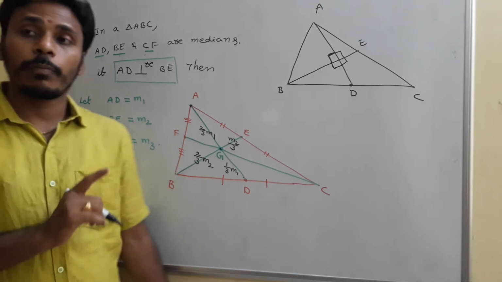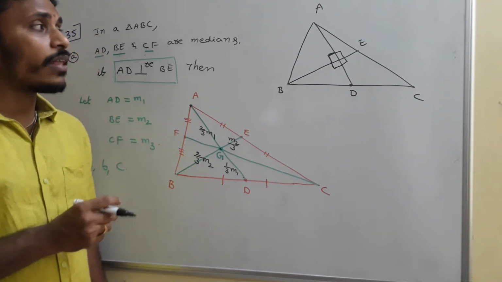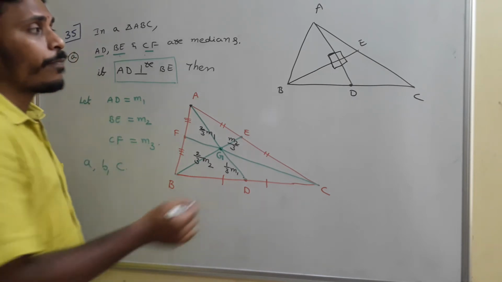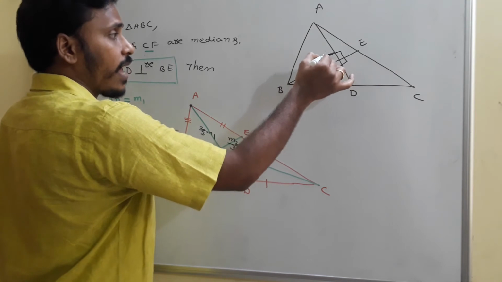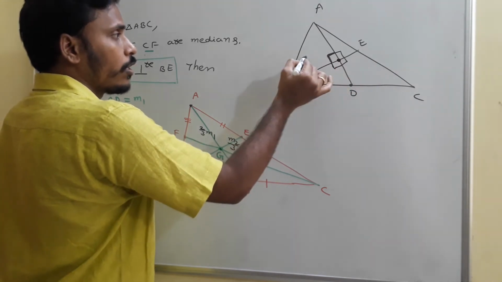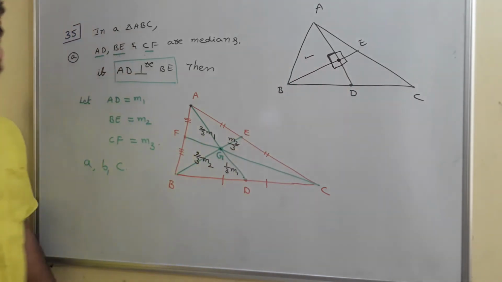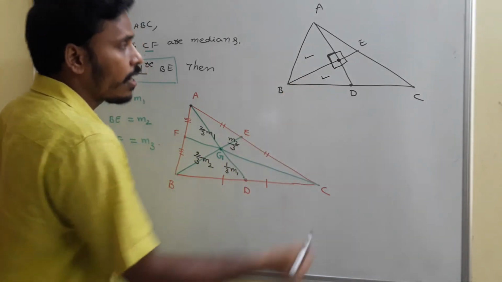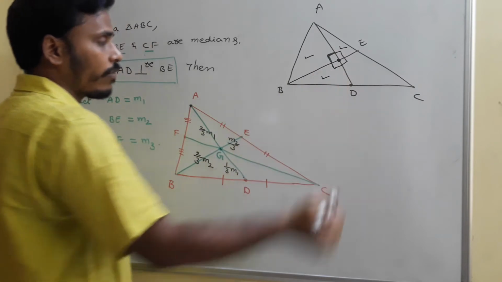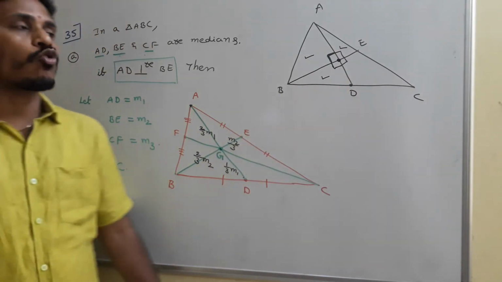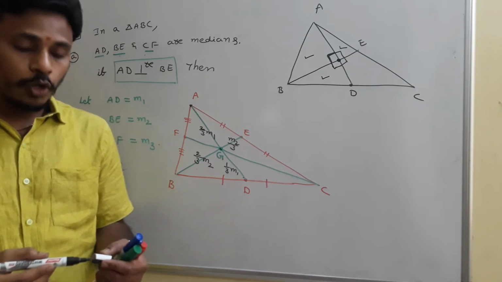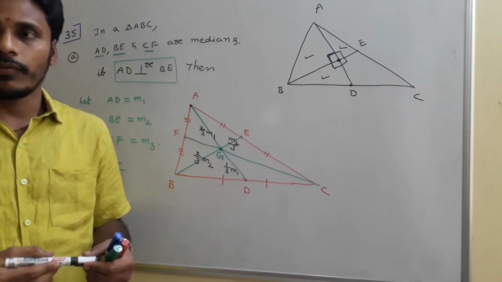And since AD is perpendicular to BE, now there is a chance to apply the Pythagoras theorem for the triangles. Okay, so now since it is 90 degrees, just have a look. This point is G. So apply the Pythagoras theorem to this first triangle, and apply it to this second triangle, and apply it to this third triangle. From these three, if you apply Pythagoras, you will get different statements, and we need to analyze all those statements. That's our part now.